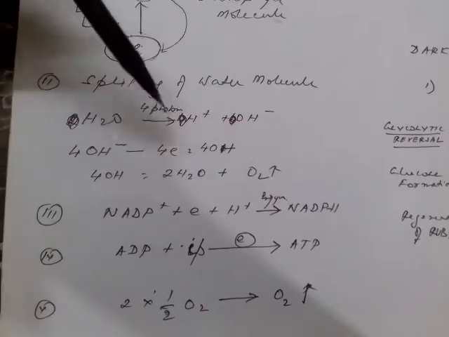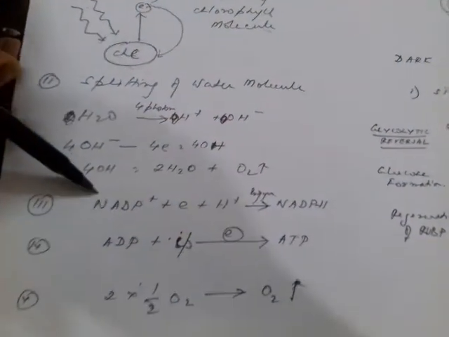So one question that can be asked here is, where is the oxygen coming from? You can easily answer that the oxygen is coming from the splitting of the water molecule. Now the splitting of the water molecule takes place because of this energy which is given out by the chlorophyll molecule, which helps in splitting the water molecule into H plus and OH minus ions. Now these 4 OH minus ions leave these 4 electrons.